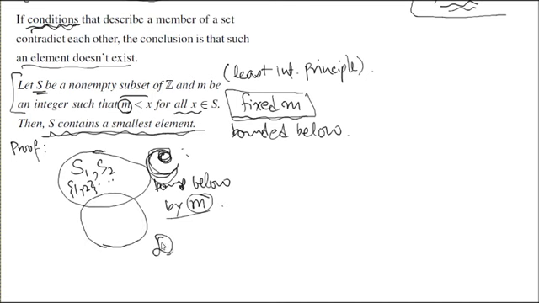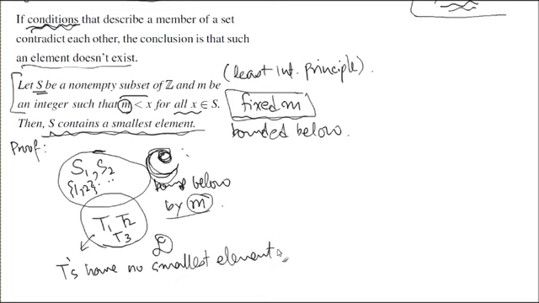Does it look like a curly D? It's my curly D. This is a collection of all the sets T in there, T1 and T2 and T3. T's have no smallest element. What did I just do? That's not a statement we have, right? The statement we have is that this set has a smallest element, right? But I just negated that.